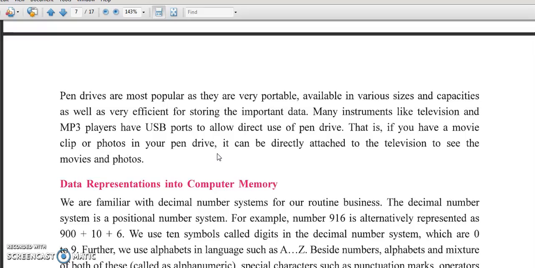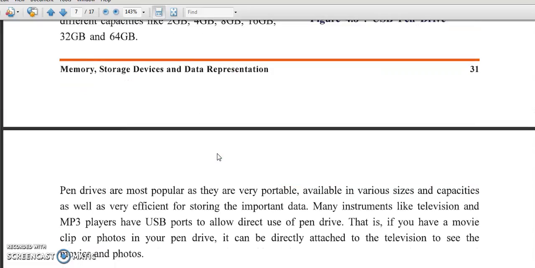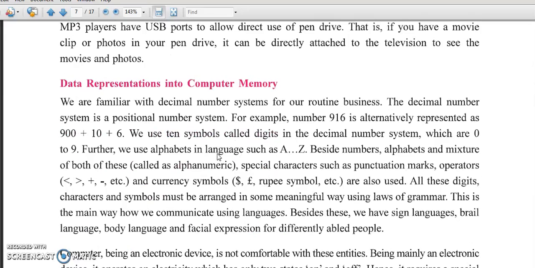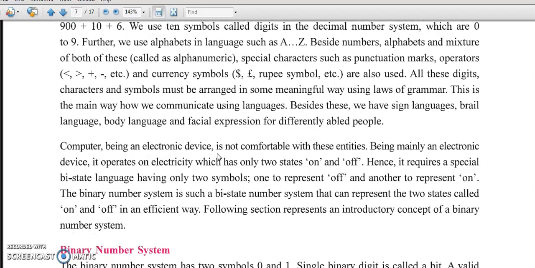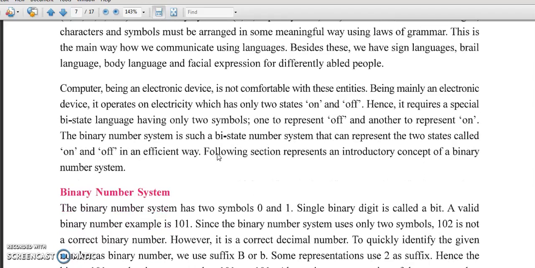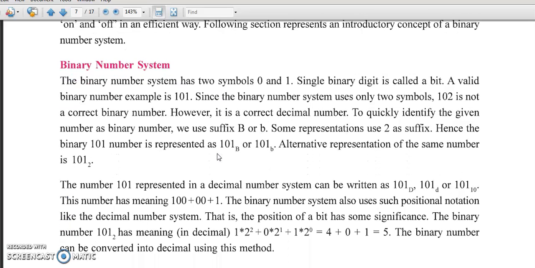As you remember, last time we saw what a binary number system is. Does anybody remember what the binary number system is? How is data represented in a computer? Today we are going to see the binary number system. As I explained last time, the binary number system means there are only two symbols, 0 and 1. Please underline this on the slide.